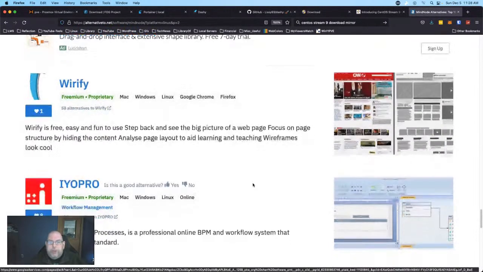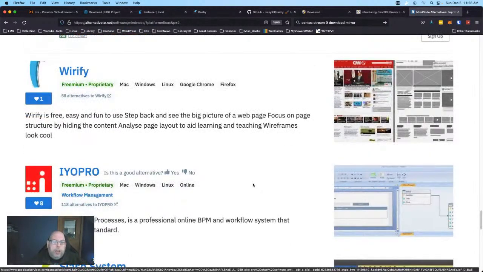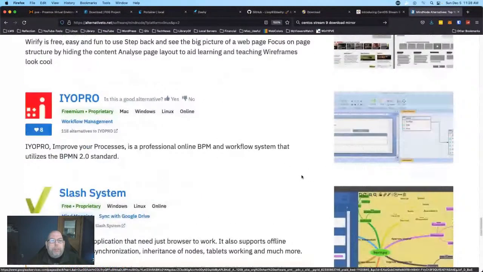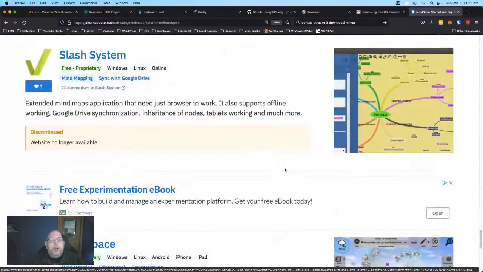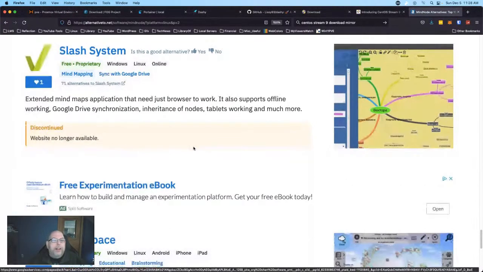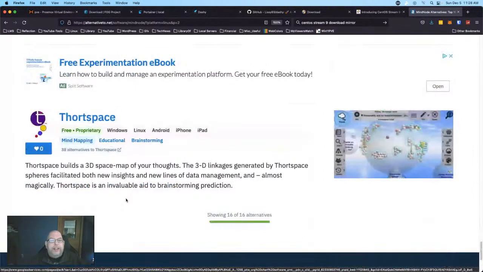and have most of my workflows intact because I use software that's common to the three platforms. So this one here looks kind of interesting, but the website's no longer available again. Well, so